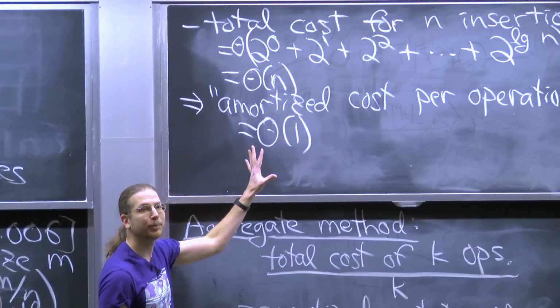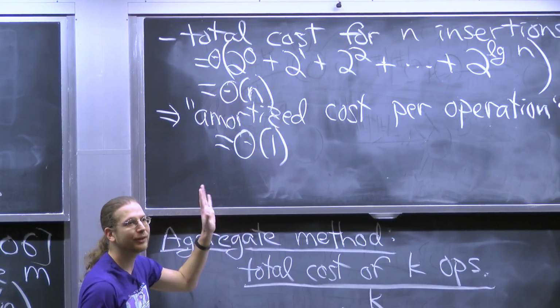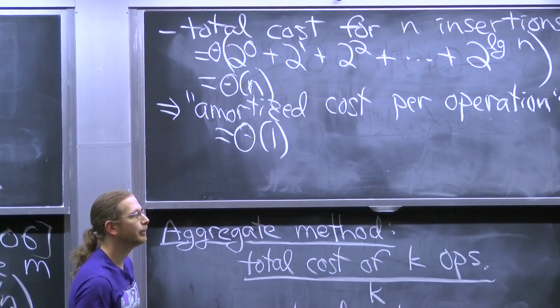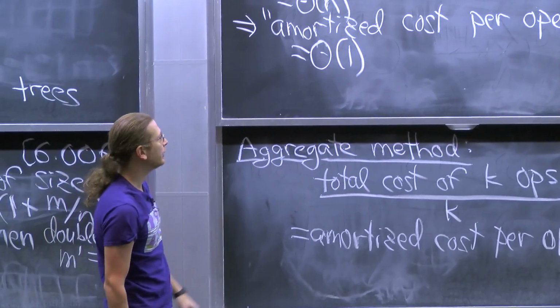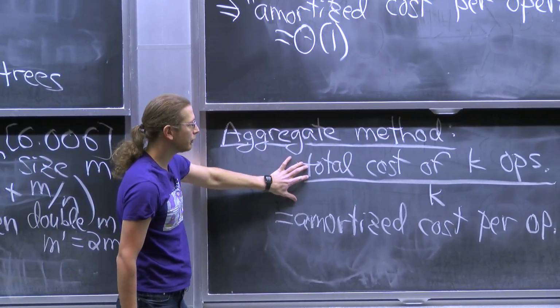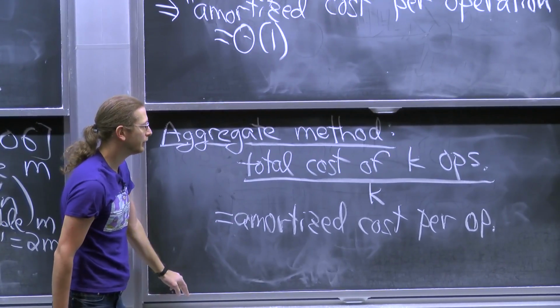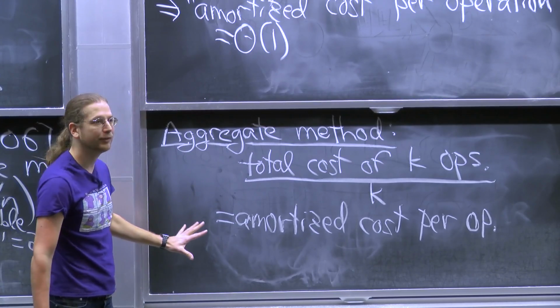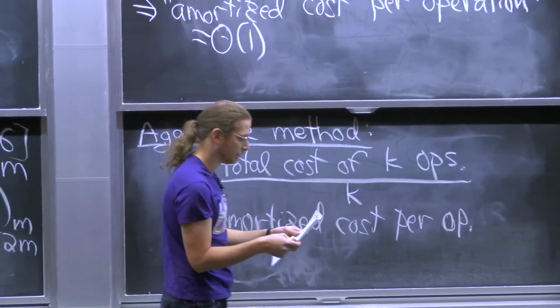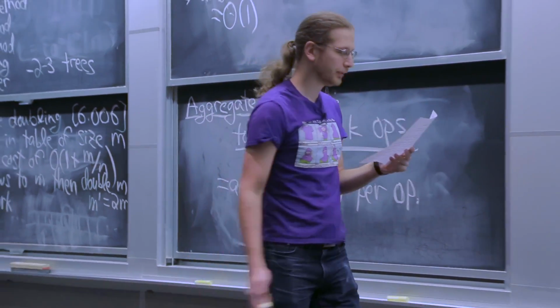Then great, we get a very simple sum. As soon as you mix inserts and deletes, the sum is not so clear. But in some situations, the sum is really clean, so you just compute the sum, divide by the number of operations, you get a cost, and that could be the amortized cost. So that's the aggregate method. Works great for simple sums. Here's another example where